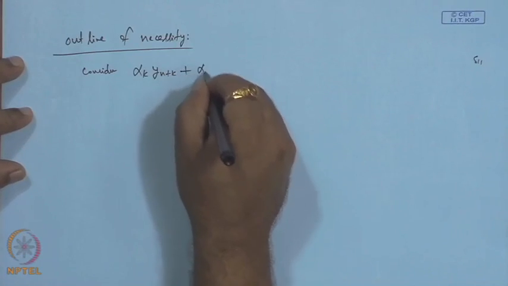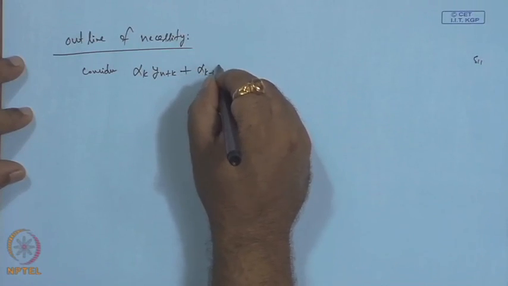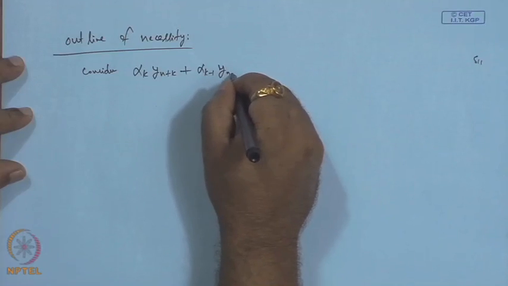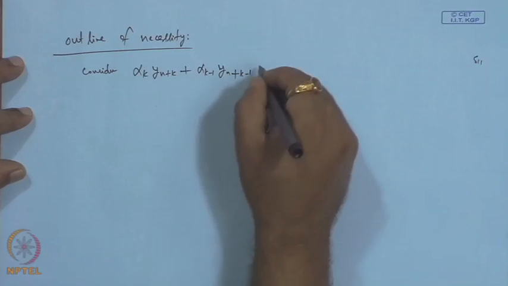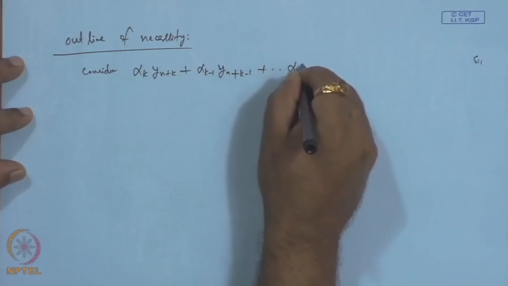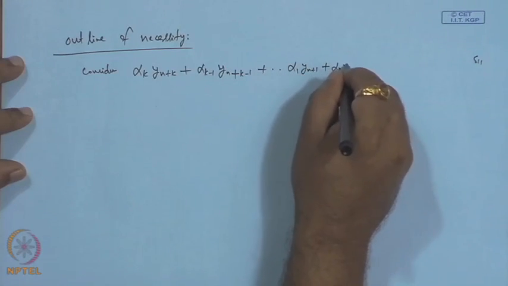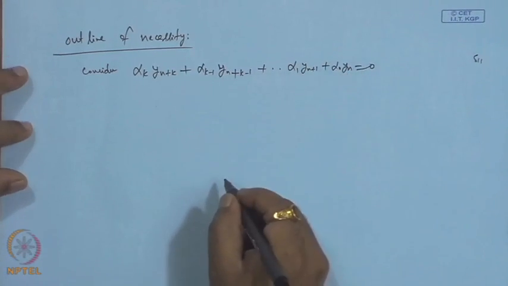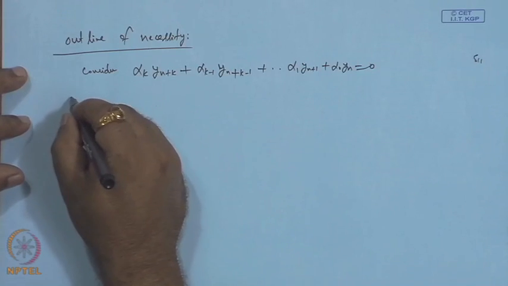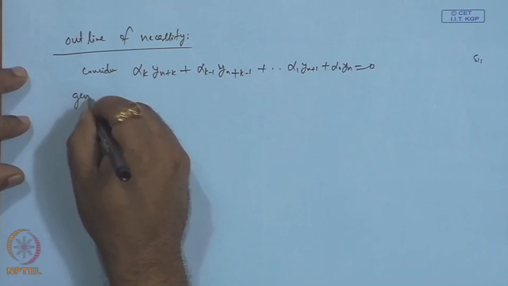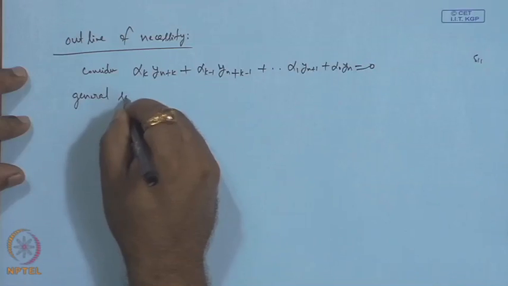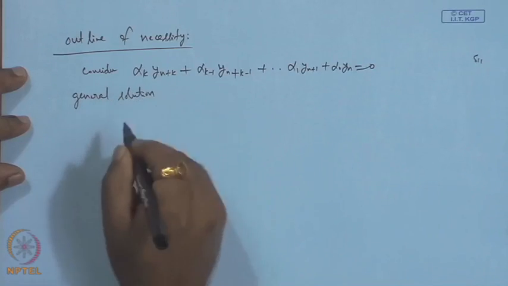We convert it to a multistep method, and then the corresponding first characteristic polynomial is of this form, and the general solution is